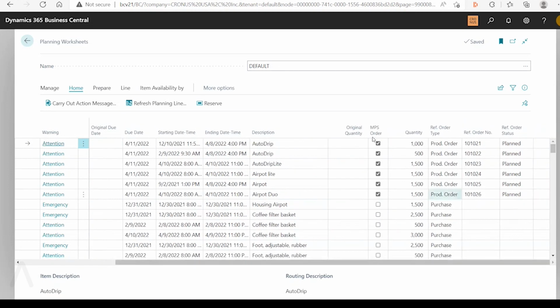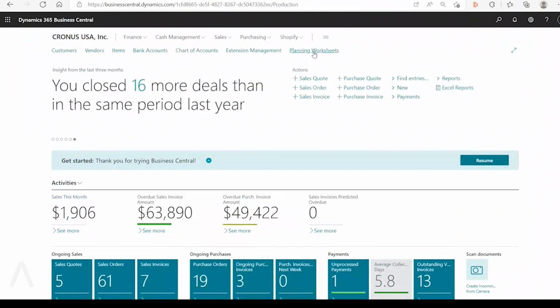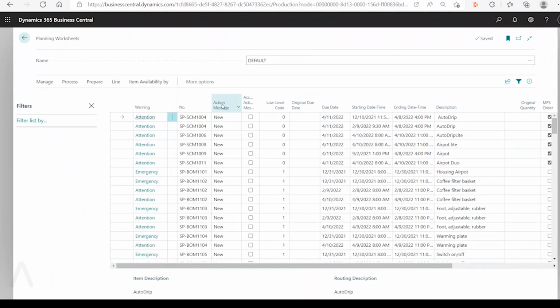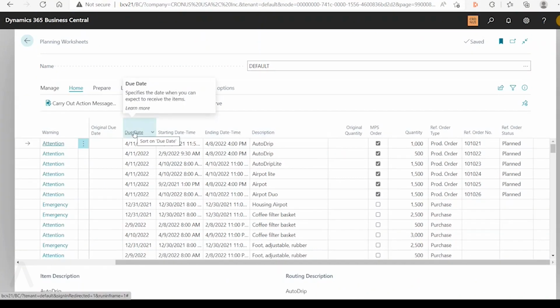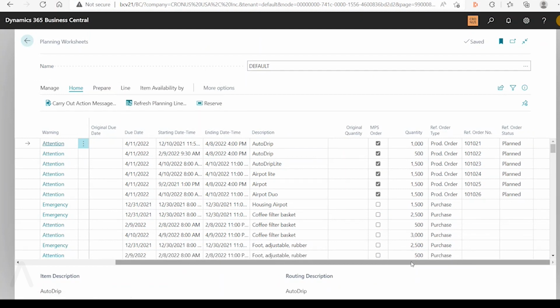So this is my version 20.5. If I click on any of these columns, I cannot sort them, so it doesn't make any change. In this version, Microsoft added sorting to each column. This is especially useful for those companies that want to